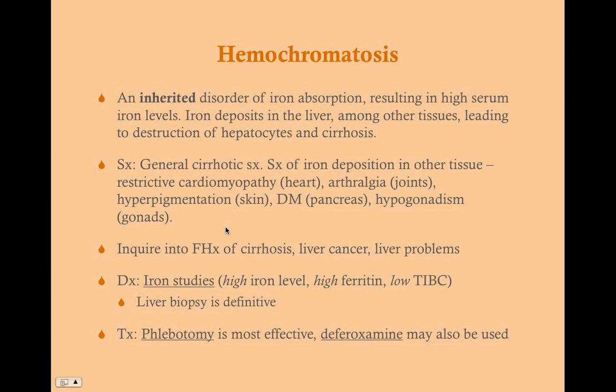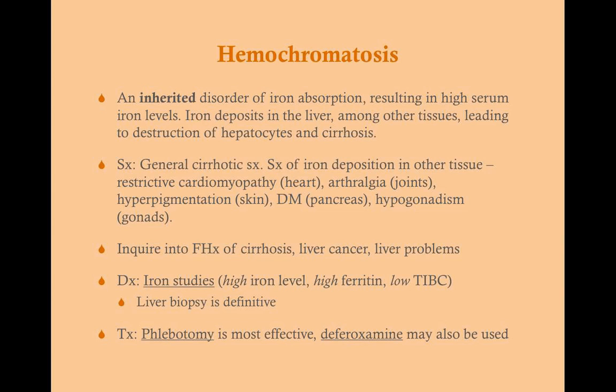And so it's going to be really important in these patients, because this is an inherited disorder, to get a family history of cirrhosis, of liver cancer, or any kind of liver problems. Liver cancer is going to be the most important one, because liver cancer is going to be the one that people will remember. If your uncle or your grandma died of liver cancer, you know that. You don't necessarily remember if a family member had cirrhosis or liver problems. But if a patient comes in and they are able to tell you on their family history that they had a relative that died of liver cancer, then you know that maybe there's hemochromatosis in the family. There's liver disease in the family.